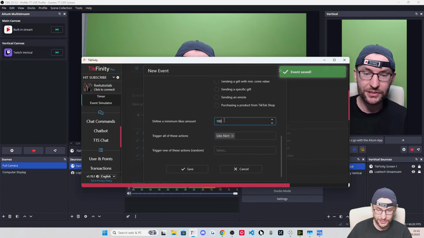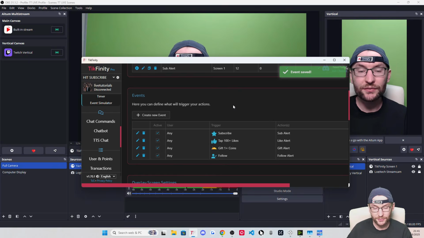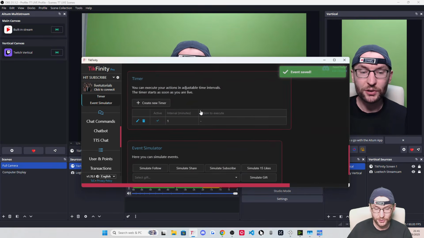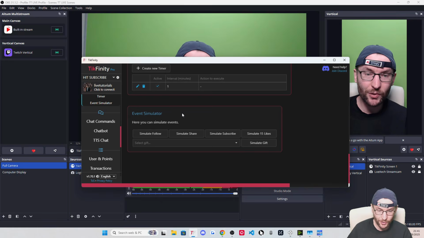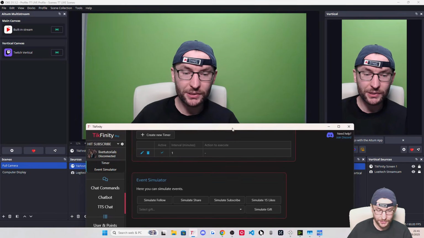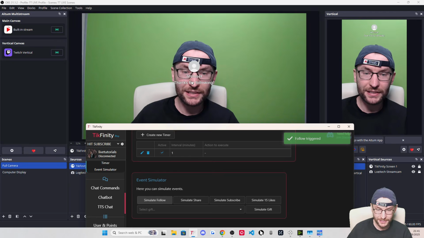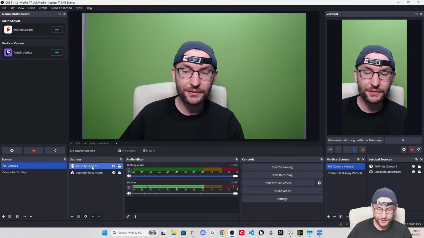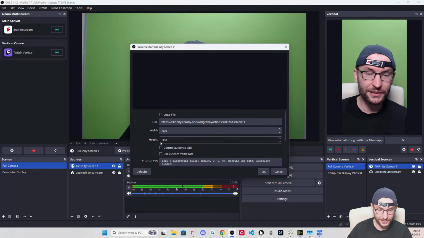For example, I could increase the number of likes. Anyway, my longer TikFinity guide's in the description. Let's focus on testing for now by scrolling to the bottom of the page. What we're going to do is press simulate follow, and you can see the alerts now popped up. In actual fact, the size looks okay to me, but if you don't like the size of it, don't forget, just double click the alert or right click properties and just change the width and the height until the